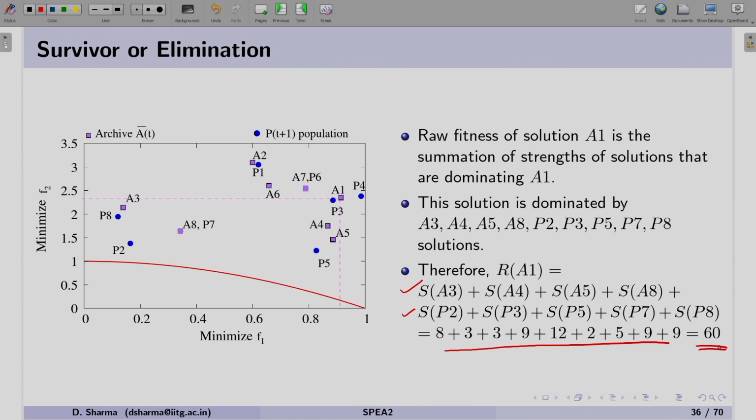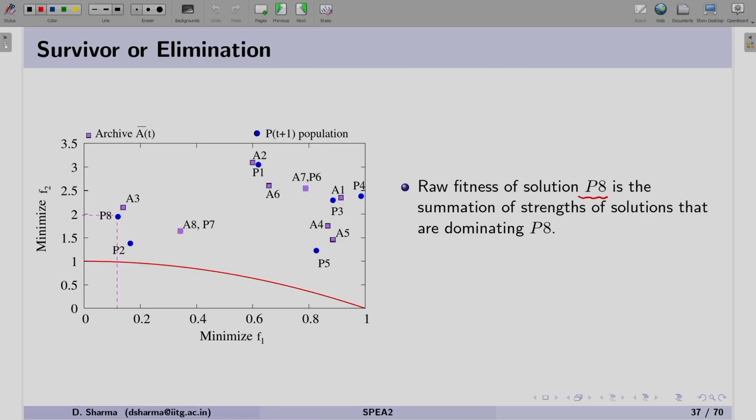We remember that if the raw fitness of any solution is a large number, it is dominated by many solutions and therefore it is not a good solution, and the number 60 for solution A1 represents the same.